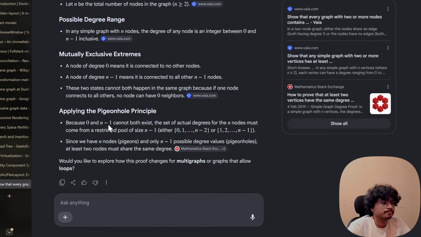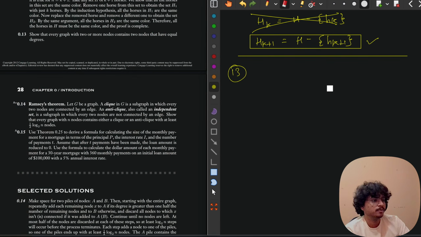Since we have n nodes and only n minus 1 possible degree values, at least two nodes must share the same degree, because there are n nodes. Okay, so by the pigeonhole principle,